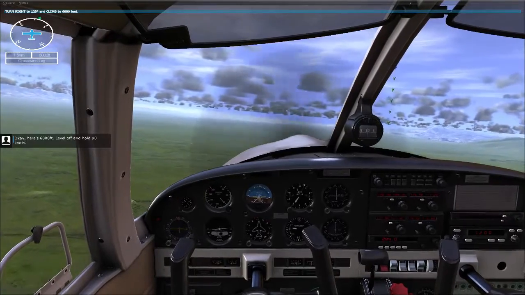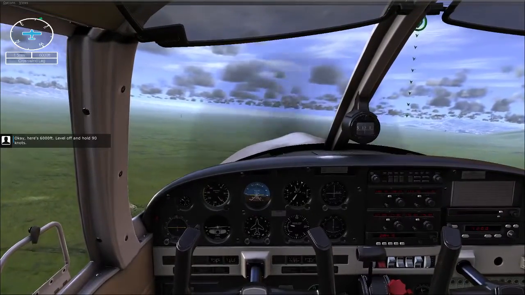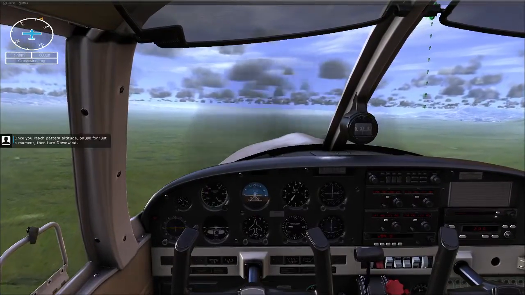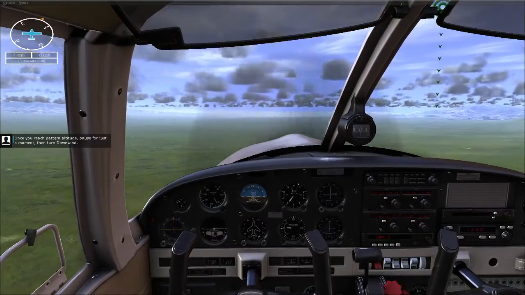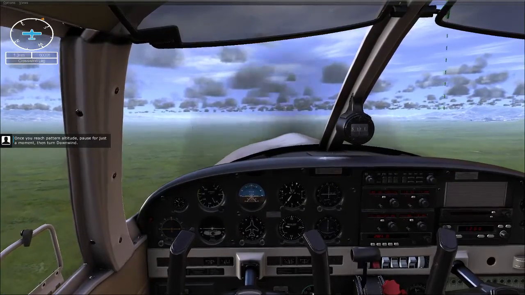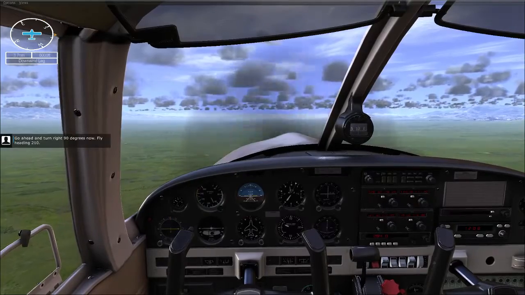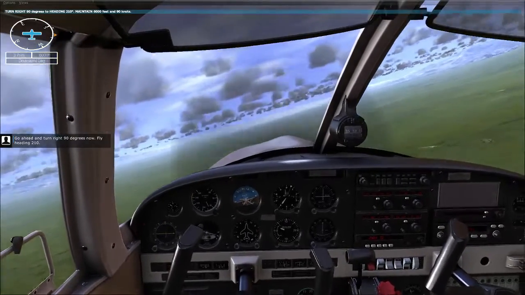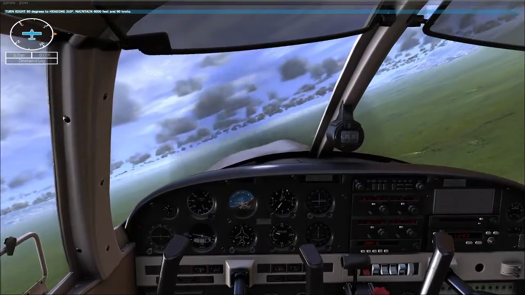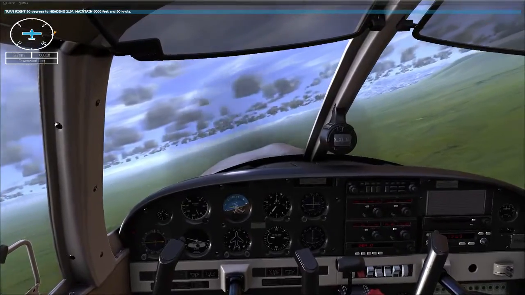Okay, here's 6,000 feet. Level off and hold 90 knots. Once you reach pattern altitude, pause for just a moment, then turn downwind. Go ahead and turn right 90 degrees now. Fly heading 210.